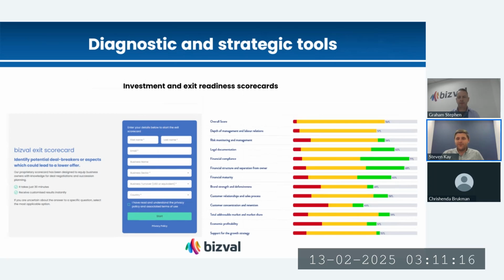That being said, value isn't everything, and that's what we've got in front of us now. So valuation is numbers driven. There's a lot of assumptions. There's some qualitative input, but just because a business is worth X doesn't necessarily mean it will sell. And that's where on our side, we've developed an exit scorecard or investment scorecard. And its purpose is very much to try and identify what the risks in a business are that might lead to an investment failing, or when a business is going through due diligence for the acquirer to see something that puts them off and pull out of a deal. So what we've done is build this out into a 12-step and then also an 80-step process.